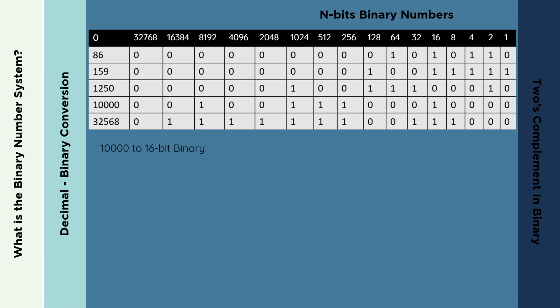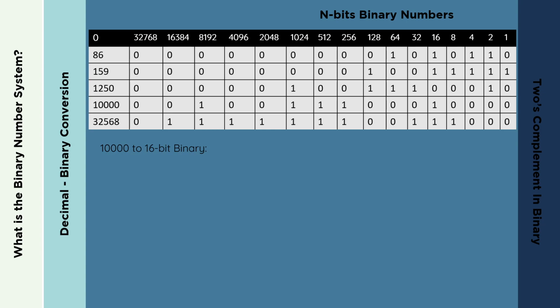As for 1250, we use 1024, 128, 64, 32, 2. Thus, its binary equivalent is 0, 0, 0, 0, 0, 1, 0, 0, 1, 1, 1, 0, 0, 0, 1,